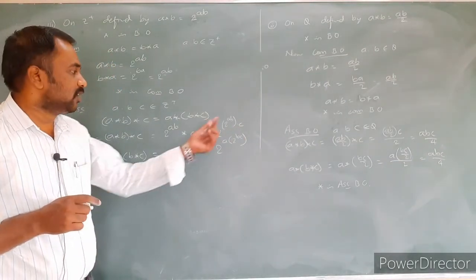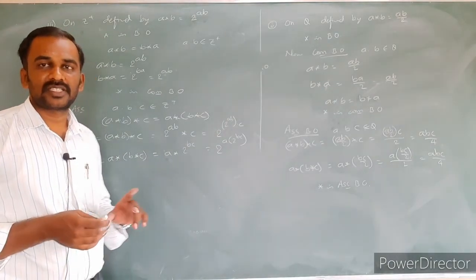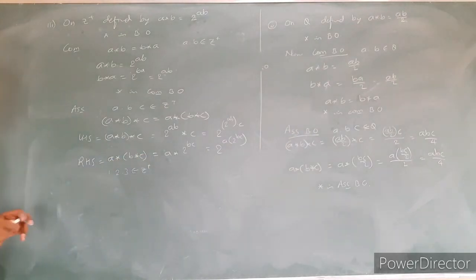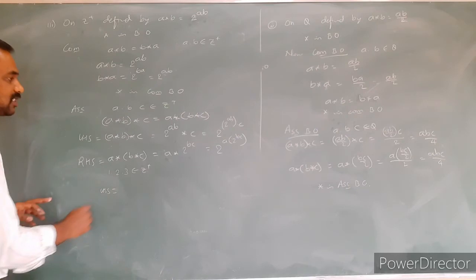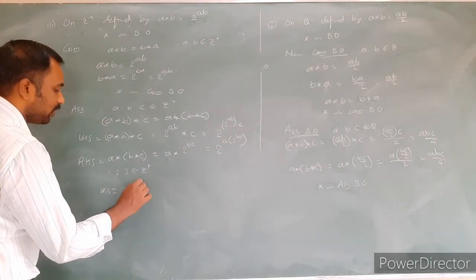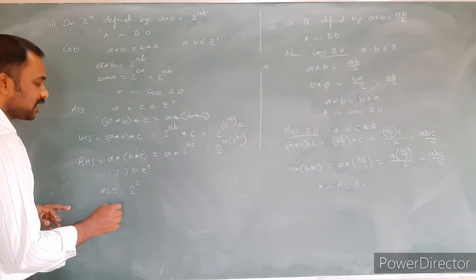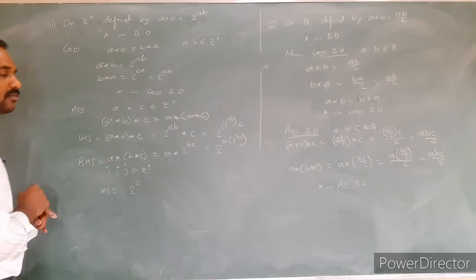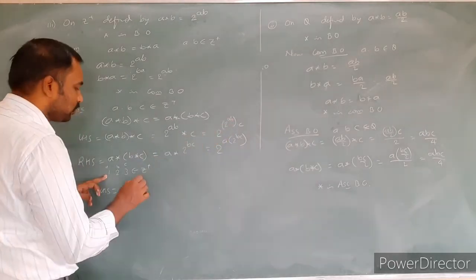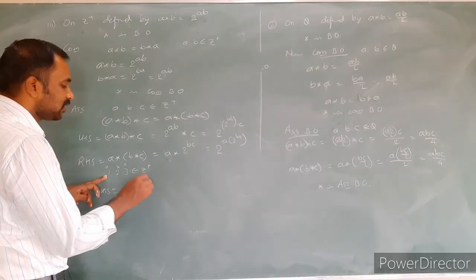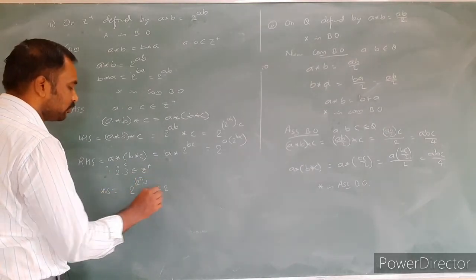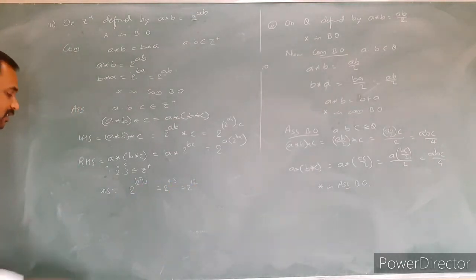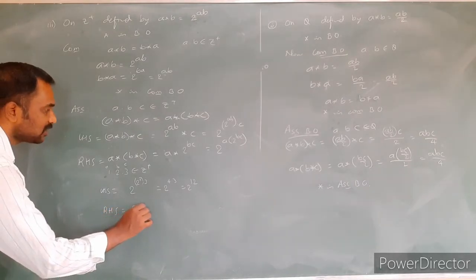Check. So in the general case, it is not possible to conclude, so just take a particular example. What is the particular example? 1, 2, 3 belong to the positive integers. Already we have the LHS part. What is the LHS part? 2 power AB. A is 1, B is 2, C is 3. 2 power 1 into 2. 1 into 2 is 2. 2 square into C value 3. What is the value? 2 power, 2 square is 4. 4 into 3, 4 threes are 12. 2 power 12. Similarly, RHS part. What is the RHS part? This is 2 as it is.